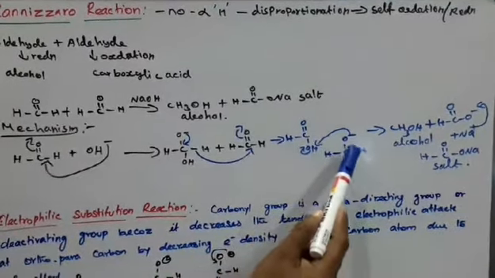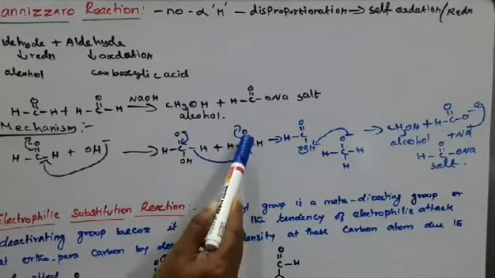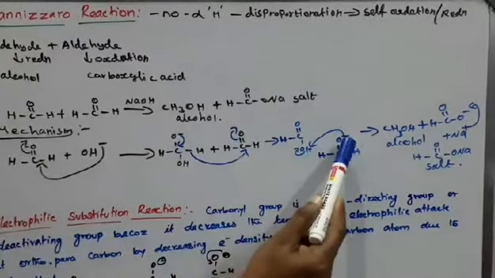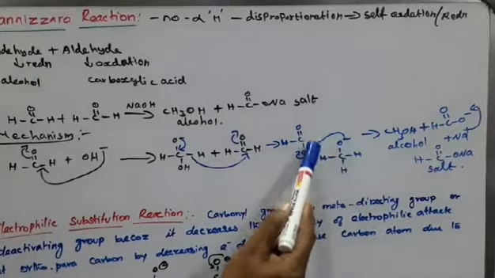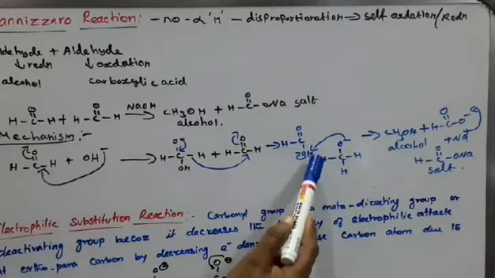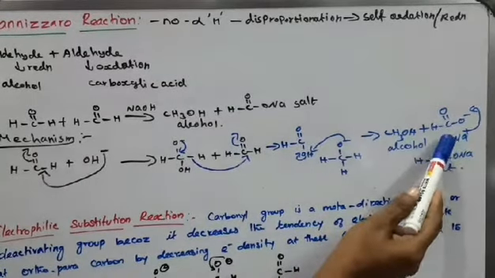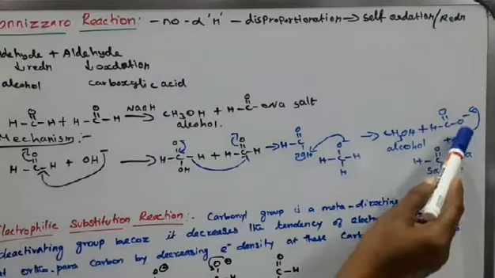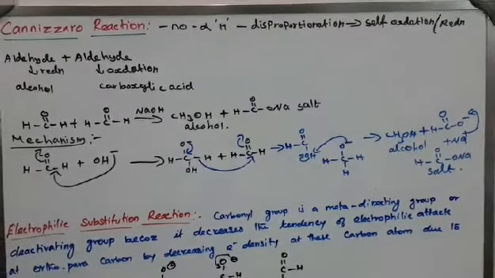So here what's happening, once the hydride ion attacks this carbonyl carbon, the pi bond shifting takes place, so this oxygen attains a negative charge. Being highly negative, the oxygen catches the proton from this intermediate product. So we get alcohol plus carboxylate anion. After that the Na plus is remaining there, and this Na plus is caught by this minus ion, and we get the salt. This is your Cannizzaro reaction mechanism.